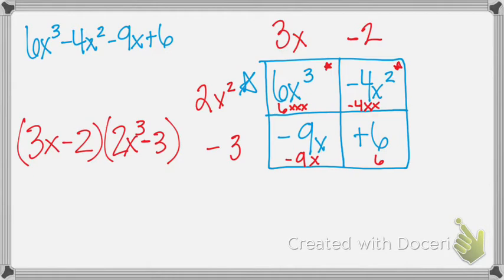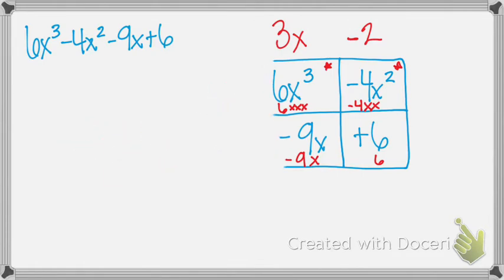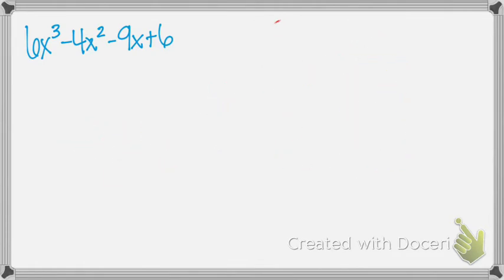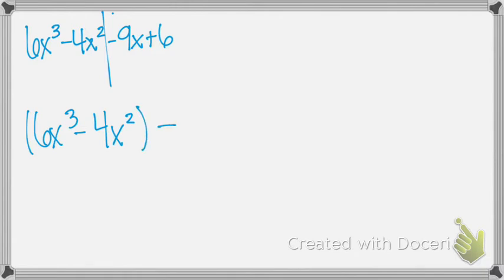I'm not a fan of the area model. I would rather use the grouping, which is what I'm fixing to do. You're welcome to use any of them. So, you always want to split your terms up just like this. We have a 6x cubed minus a 4x squared minus, because there's our minus sign, 9x plus